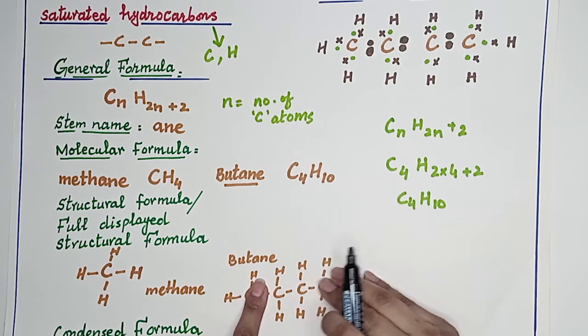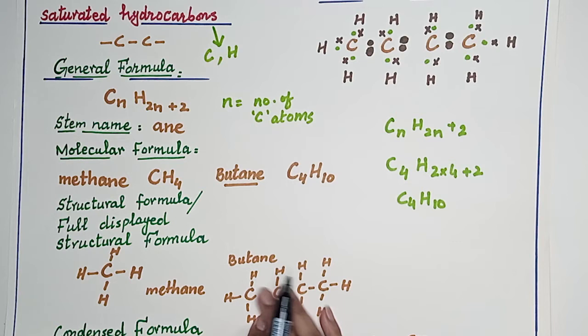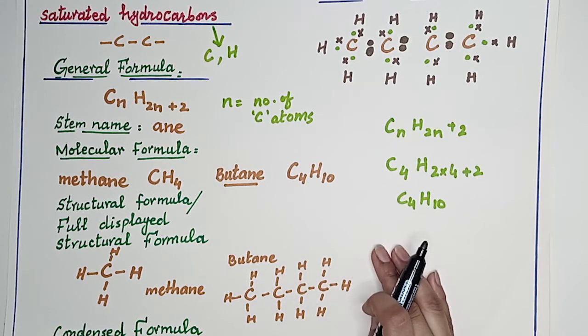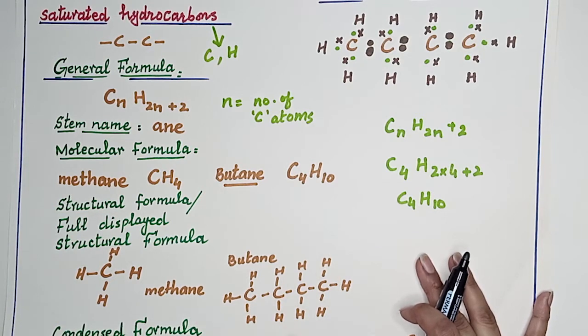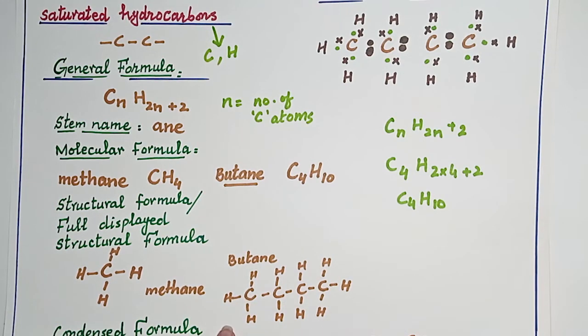1, 2, 3, 4. So it should be 4. But rest of, if other than 4 carbon atoms, rest of all the bonds will be utilized by the hydrogen atoms. So this is the way through which we are going to write the full displayed formula, structural formula or structure formula, where all the bonds are shown, how many bonds are formed, all the structure is going to show